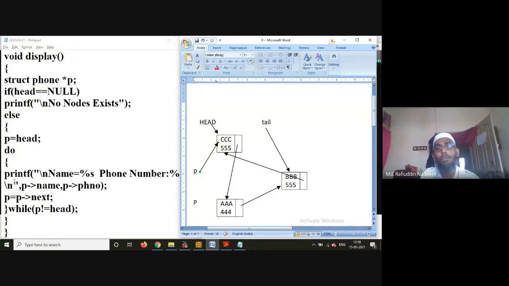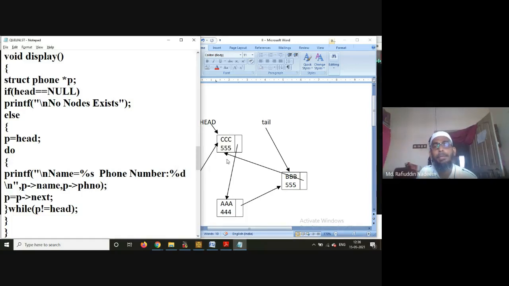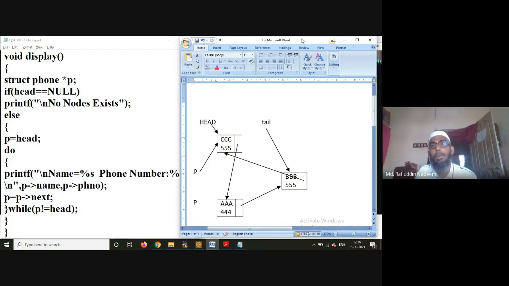Because if head is not null, the meaning of that is at least one node exists in the list. That's why you need to traverse the list at least once. In such a case, you can go with the do while loop, then say printf name percentage s, phone number percentage d.